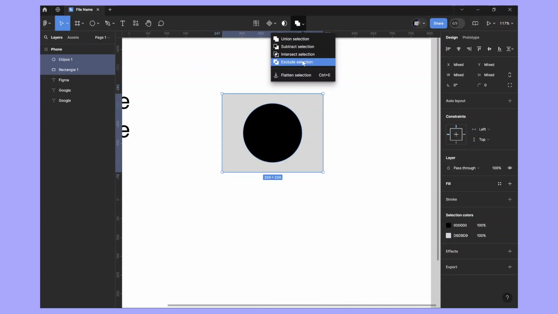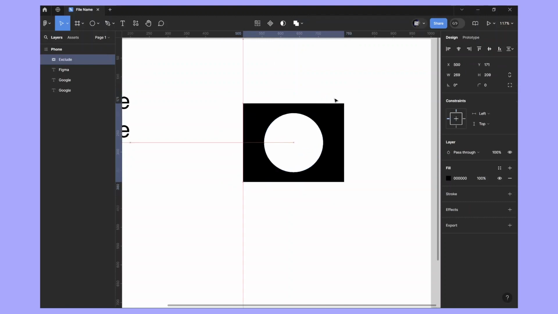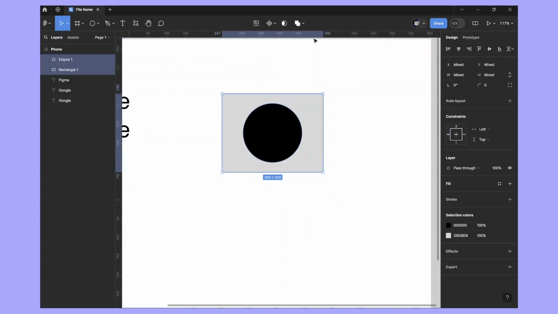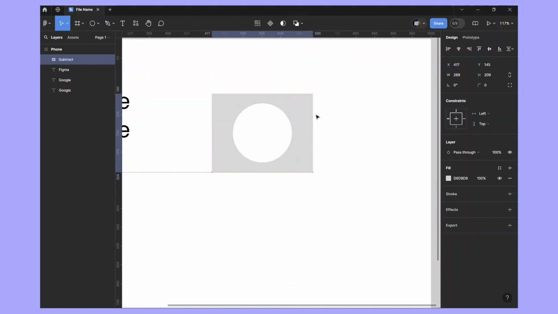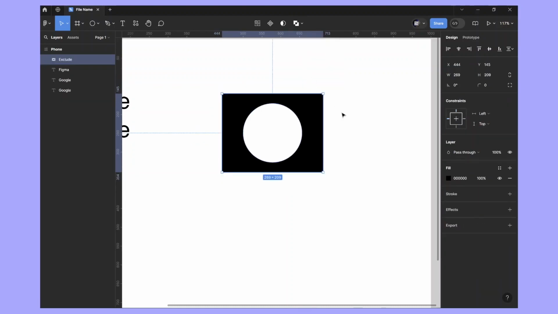Just the opposite here is the exclude. The exclude basically excludes the common part. It will keep all of the shape that is not common. So if I do exclude, whoa, I get this, right? Now this is where people get a little confused. It's like, hey, I didn't exclude. I got a very similar shape to when I did subtract, right? I got a hole within a rectangle, and if I did the exclude, I also got a hole